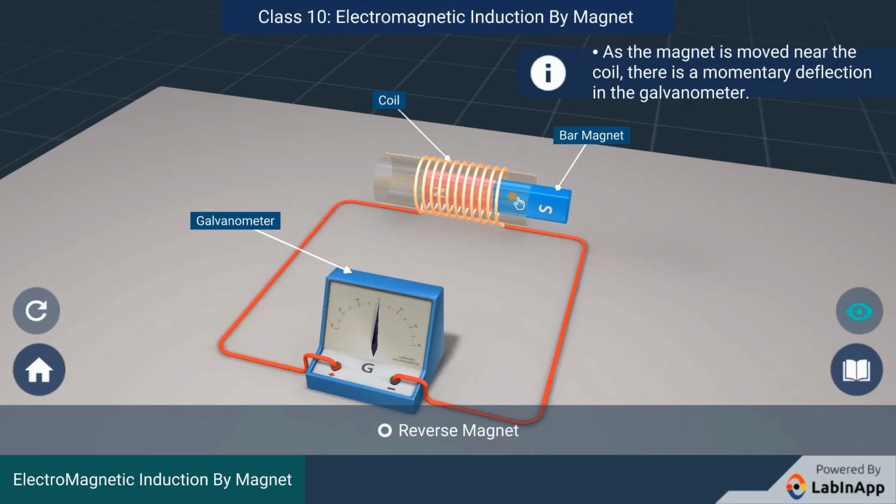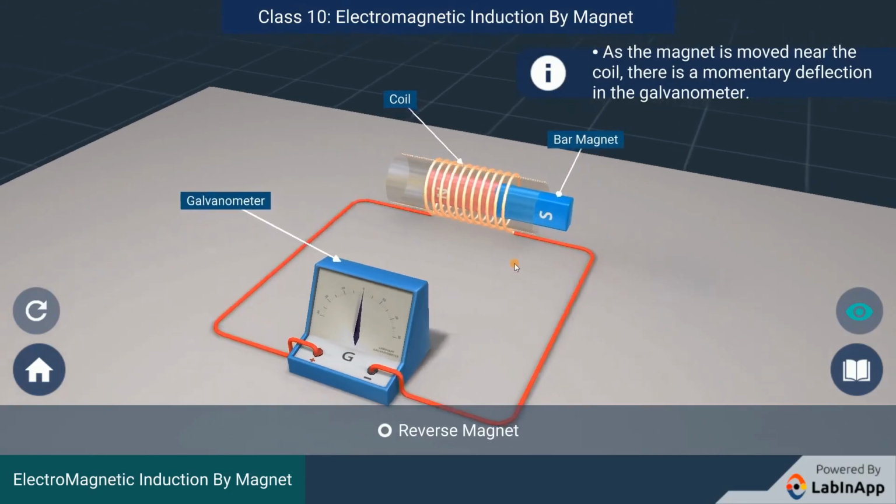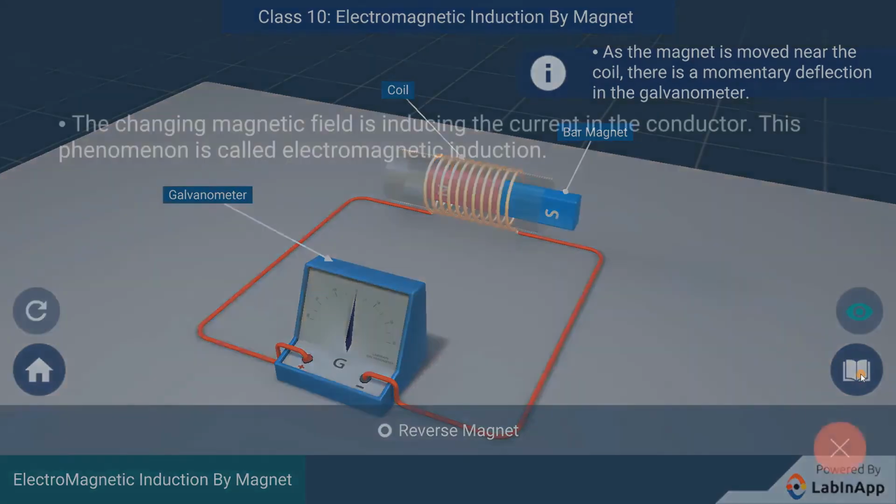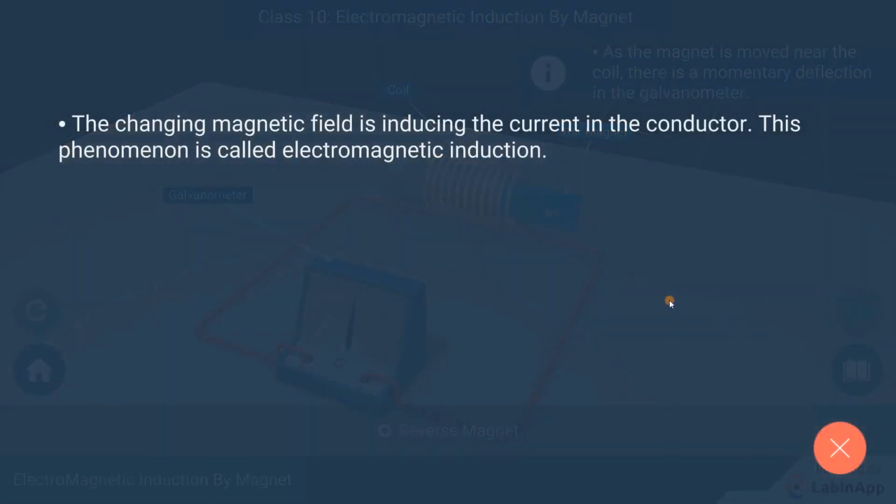The deflection of the galvanometer indicates that there is some current flowing through the coil. The galvanometer deflects only when the magnet is in motion near the coil. Motion of the magnet is responsible for the changing magnetic field. This changing magnetic field is inducing the current in the conductor. This phenomenon is called